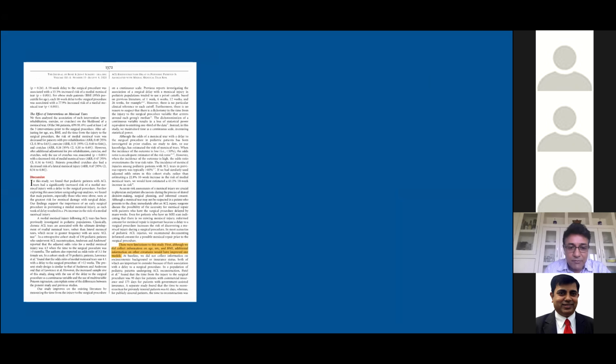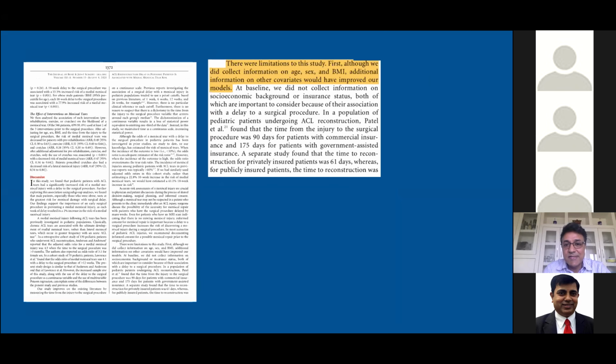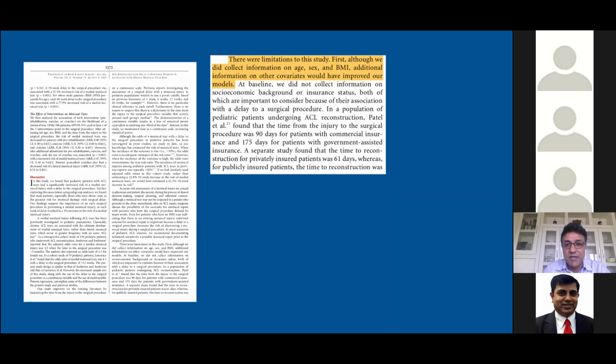Then another paragraph, where you always have to mention your weaknesses, the limitations of the study. And in this paragraph, you can see very clearly they have mentioned the limitations. There were limitations to this study. First limitation, this, and after that,